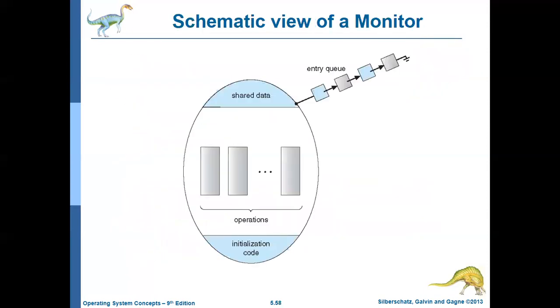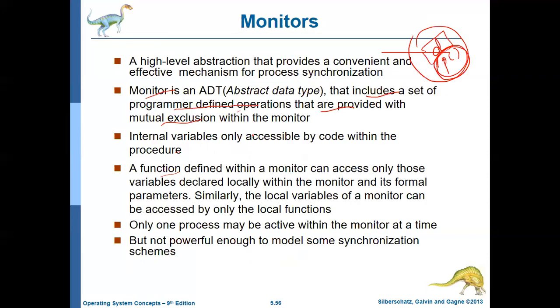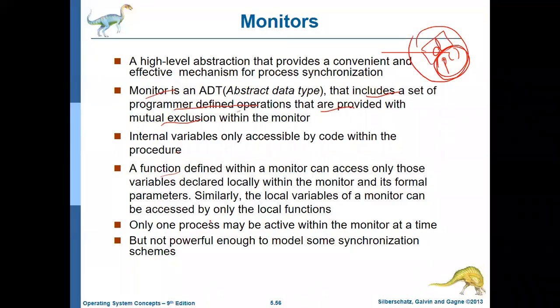And you can see this is the basic structure of how it will look. This is an encapsulated view of a monitor, which shows how it is encapsulated, and it contains some initialization code. It contains some operations, what I called functions or procedures, the same thing. They are termed operations, and it has some shared data. And this is how the different processes wait to access the monitor so that synchronization can be achieved. Okay, that is the basic structure of a particular monitor.